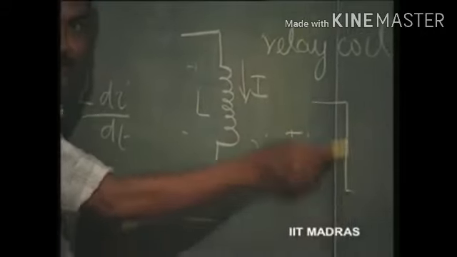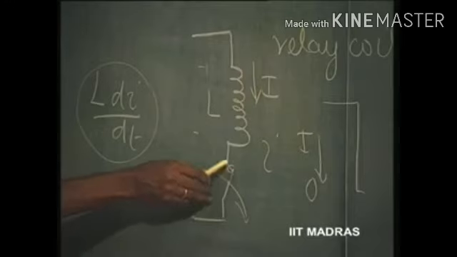What does it mean? When I am trying to open this switch, this current tries to continue to flow, because current in an inductor cannot be changed suddenly. That is mainly because you are trying to force di by dt to 0. If you make the current 0 suddenly, that means di by dt is enormous. It is changing suddenly from a finite value to 0. So, the induced voltage across the inductor suddenly goes to a very high value. Then the voltage across the switch goes to that higher value, and the open switch just breaks down.